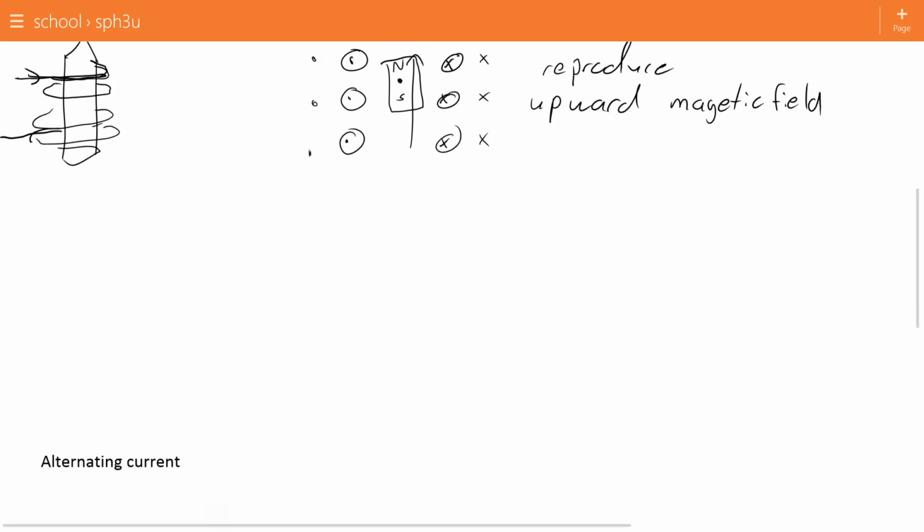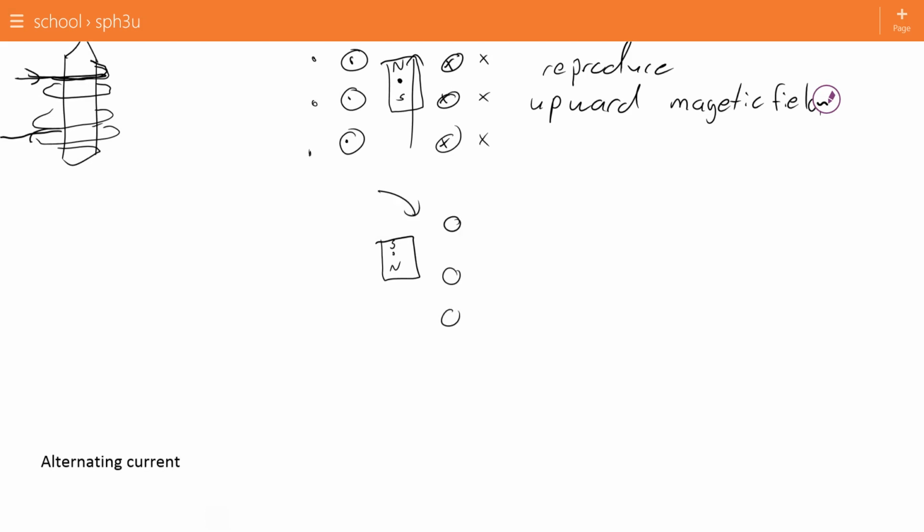Alternatively, some time later with the North Pole down at the bottom and the South Pole at the top. Remember, this magnet itself is spinning. Then what's going to happen is that there's going to be a magnetic field that's going down. In order to reproduce that magnetic field, as that magnet spins away,